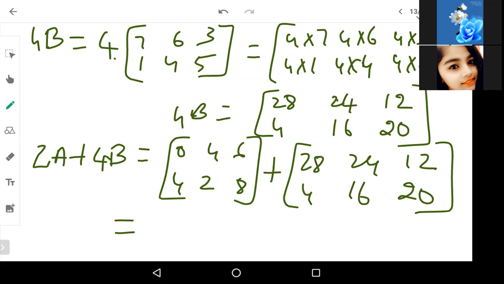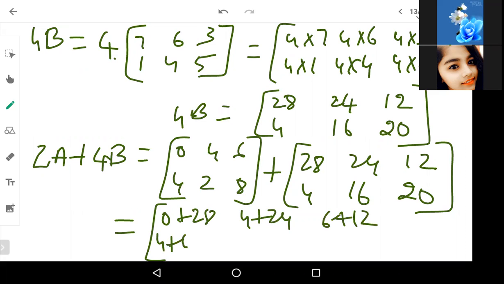Okay, 28. Again, you will get 28 only. 18, 8, 18, 20, 28 again. Last one. Anusha, check that. In 2 places, it should be 28. There is no 24. So if you add both of them, 0 plus 28, 4 plus 24, 6 plus 12, 4 plus 4, 2 plus 16, and then